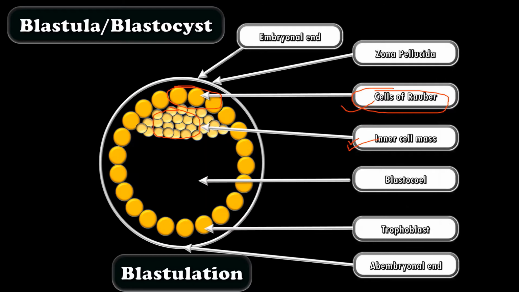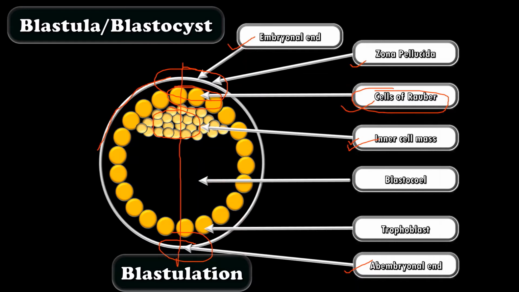Students, in this stage also, the blastula is externally covered with zona pellucida. Its function is to prevent the embryo from attaching to an abnormal site. At this stage, the embryo shows polarity. The side of the embryo with the inner cell mass is called the embryonal end and its opposite end is called the abembryonal end. So, the blastula is a single-layered embryo with a blastocele cavity.